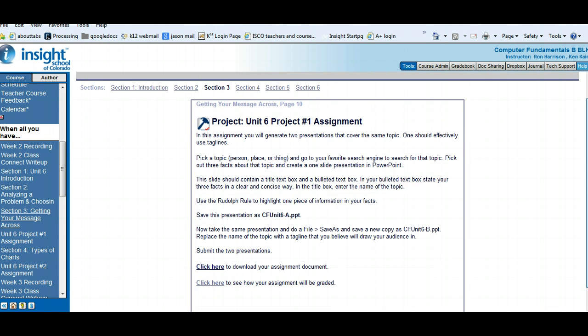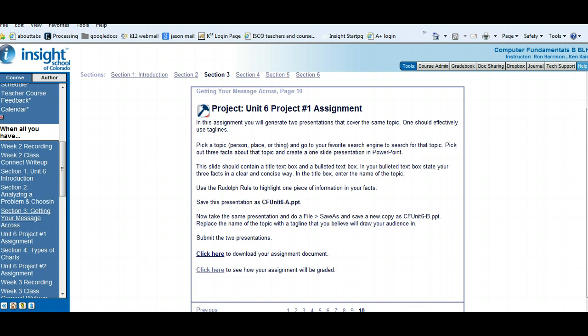Now here's your first assignment, Project 1. In this assignment, look at it carefully. It says you're going to pick a topic. It can be anything you want to do. Baseball, tennis, Corvette, a favorite game show, or favorite TV show or song or band or something. It can be whatever you want. And you're going to make one slide